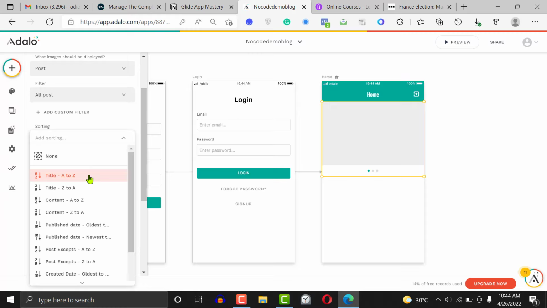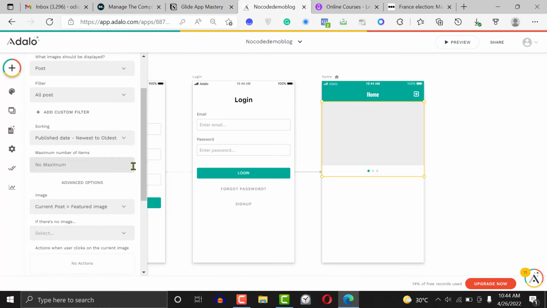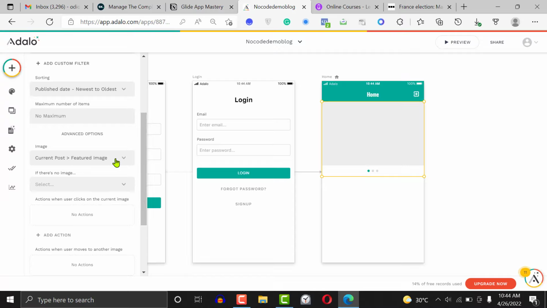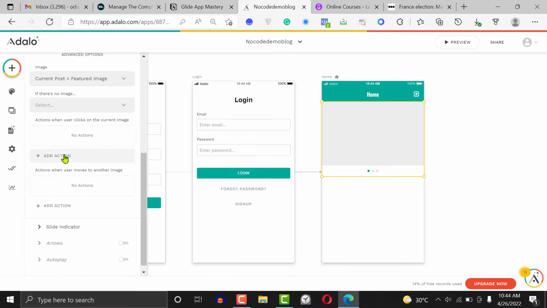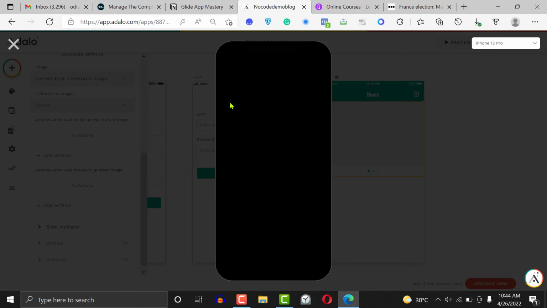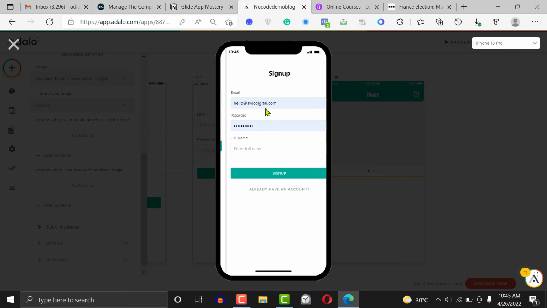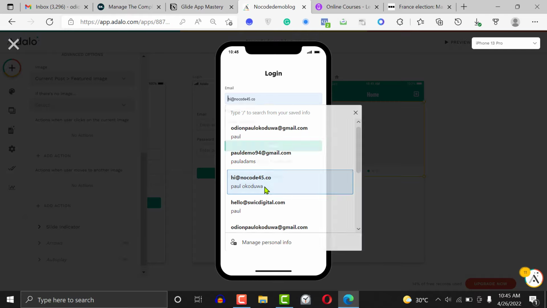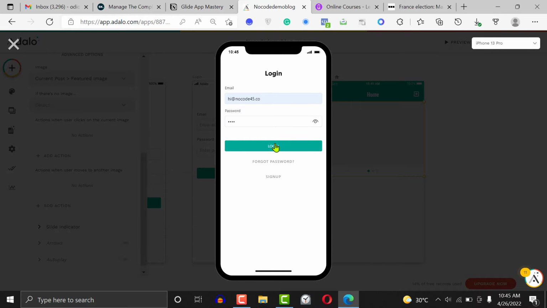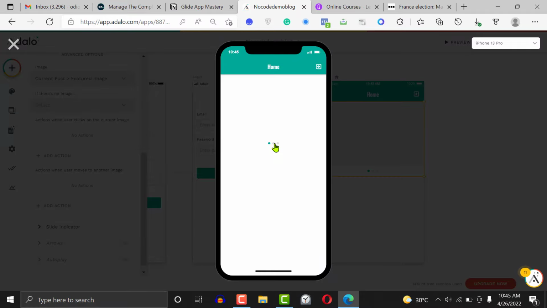Then we want to sort from published date, newest to oldest. And then the current post will be the current post image. Then if we click on the action, it will lead us somewhere. We want this action to lead us to another screen. For example, if we preview it, you'll see what's going to happen. I already have an account, so I'll log in as this guy and say login. So you see this